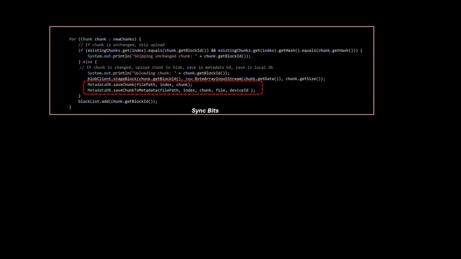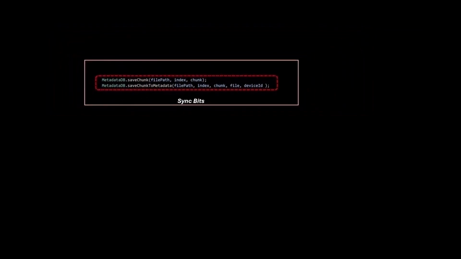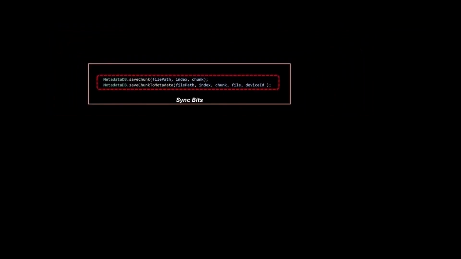So the complete table will be saved in a single go to the local meta store. Just think from the loop perspective that we'll be reading the chunks one by one from the new chunks list, and the operation will be done one by one. The saving will be done one by one per chunk to the local meta store as well as to the cloud meta store. So now let's focus on step number 7,